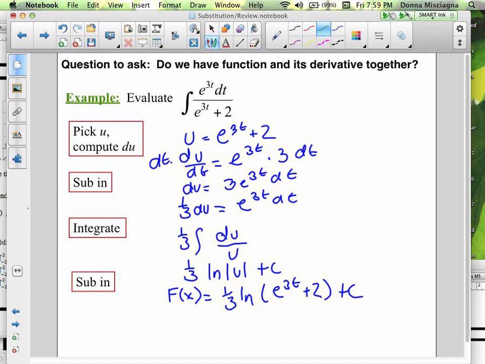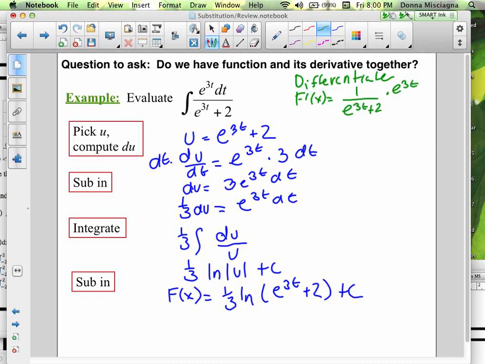We differentiate, because we're going to check our work. And so we have f prime of x equals 1 over blop. So we'll have 1 over e to the 3t plus 2 times the derivative of blop. Blop is e to the 3t plus 2. Its derivative is e to the 3t